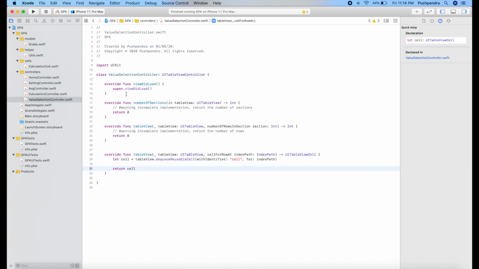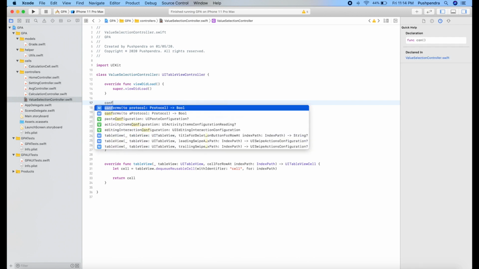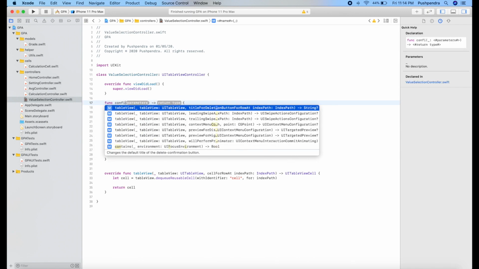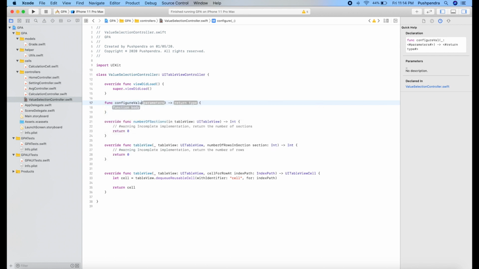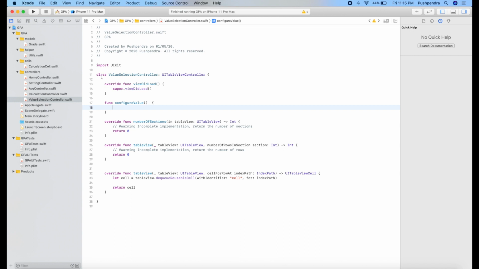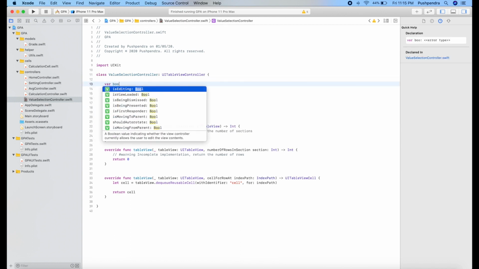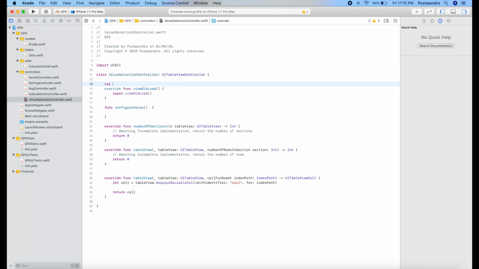So this is my value selection controller. Here we have hours and grades, so I will create a separate function for that: configure values. I'll take one boolean variable, is grade.